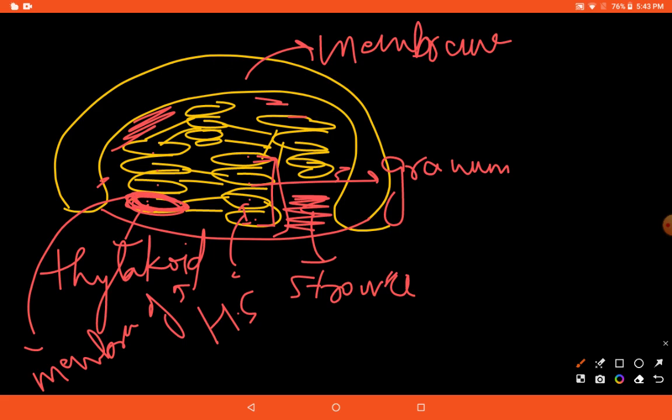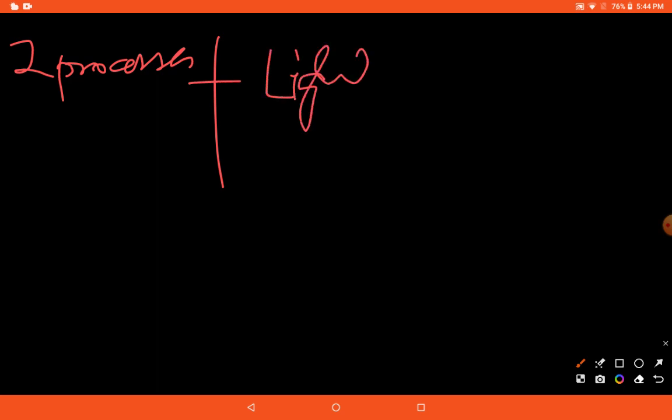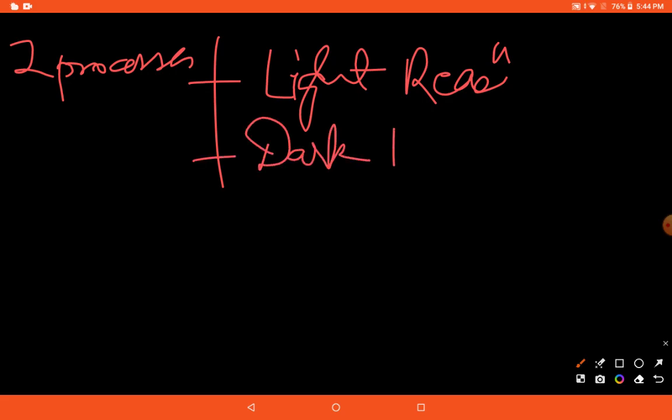Alright, clear? Okay. Now, let us start with the main part of what we are going to talk about. Now, we'll talk about photosynthesis. Don't think that photosynthesis is just a simple process where carbon dioxide and water, in the presence of sunlight and chlorophyll, are converted into glucose. Don't think it's just anabolism working here. Two processes are involved along with photosynthesis: light reaction and dark reaction. Now, don't think that because it's called dark reaction, it will only take place in dark places. No, it's not that.